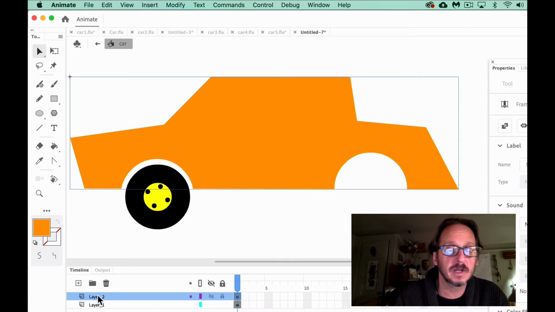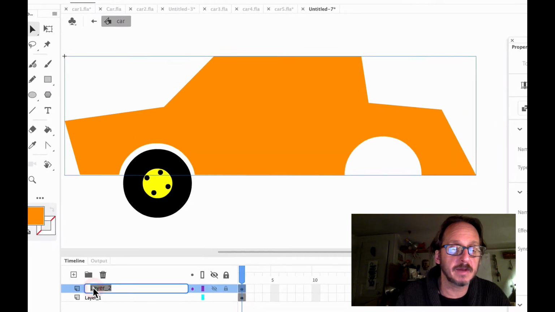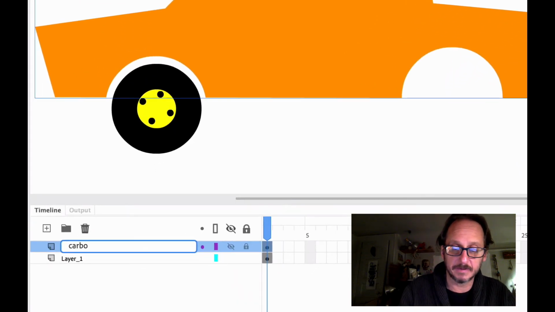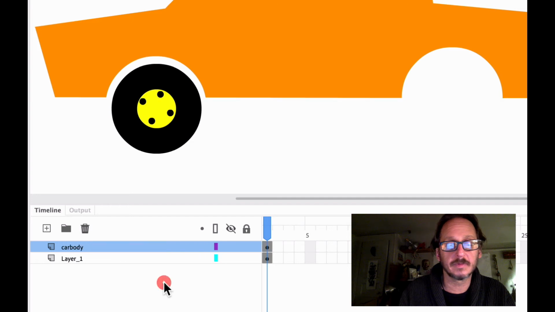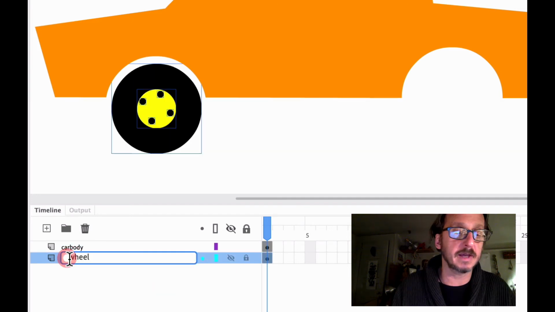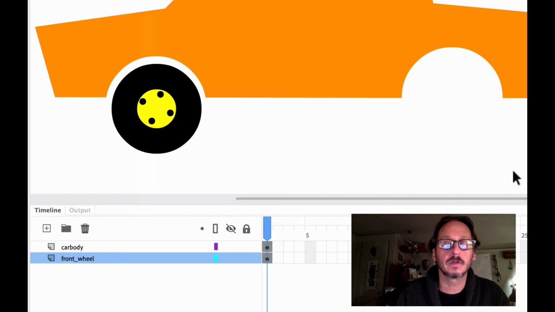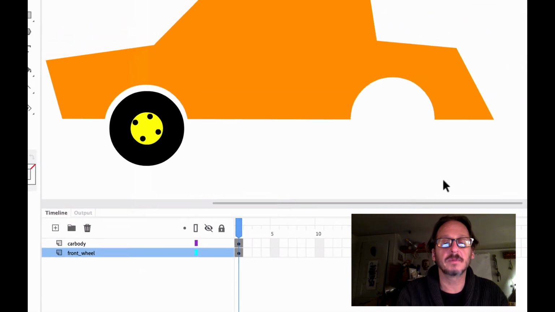Now notice it's on the upper layer now, and I could prove that by poking it in the eye. So I'm going to name that car body. Beneath it is the wheel, which I'm hiding and showing. Just call it front wheel now. I think we better save the document.